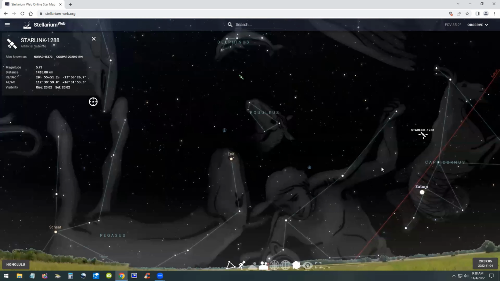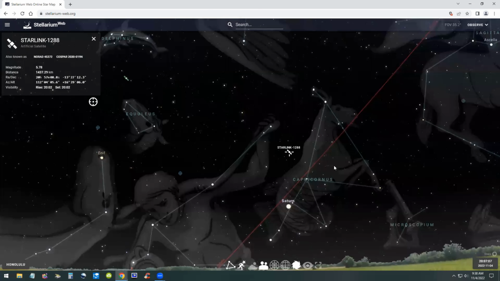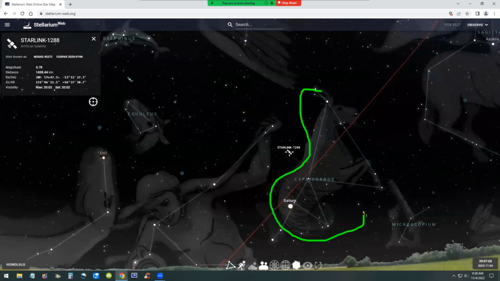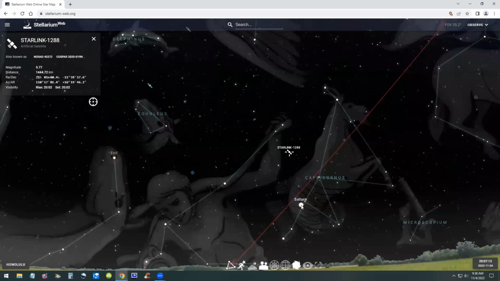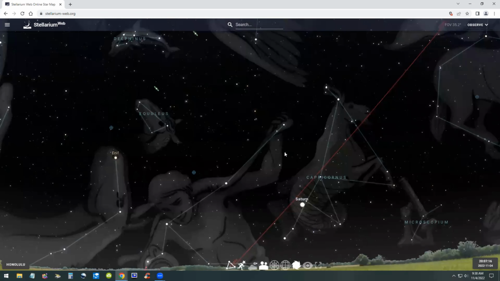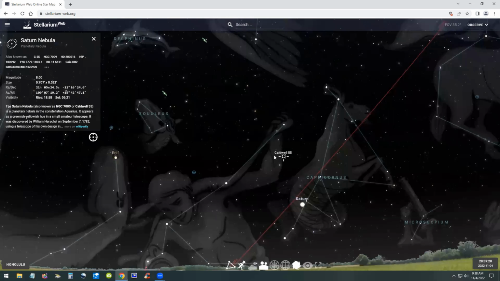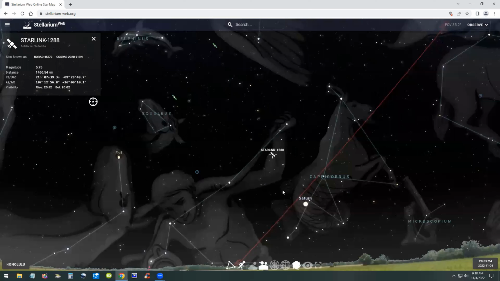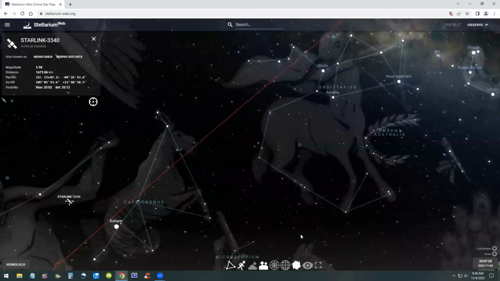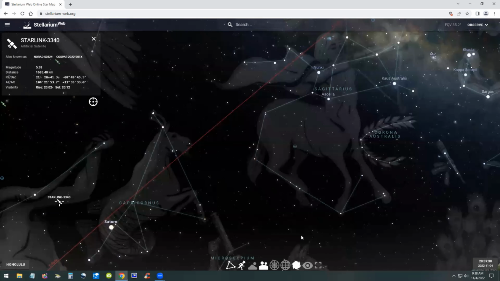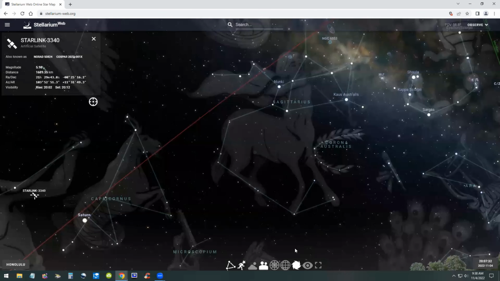Here's the Capricorn constellation on the right side, with planet Saturn aligned with Earth and the Capricorn constellation. Here's another satellite called Caldwell. So apparently we don't just see the Starlink satellites, but we see other satellites as well.